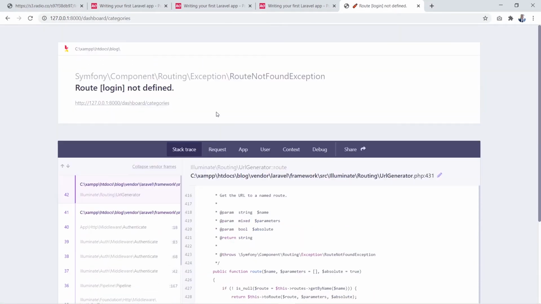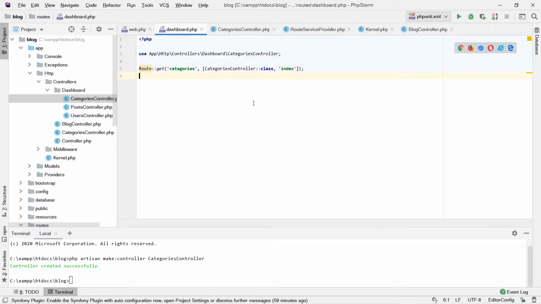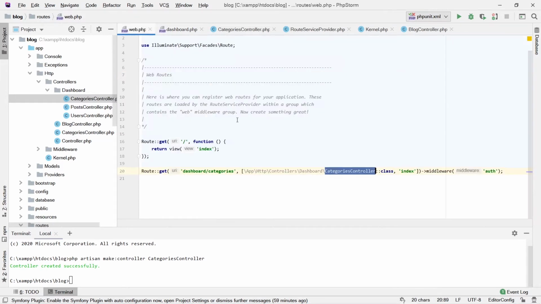/ yeah, cool. So it's trying to redirect us to the login route, but as you can see, it's not defined because we have not initialized the login, the authentication scaffolding. Cool. So you can see that is already working. If you would like to use another, for example, if you'd like to use the ones for the